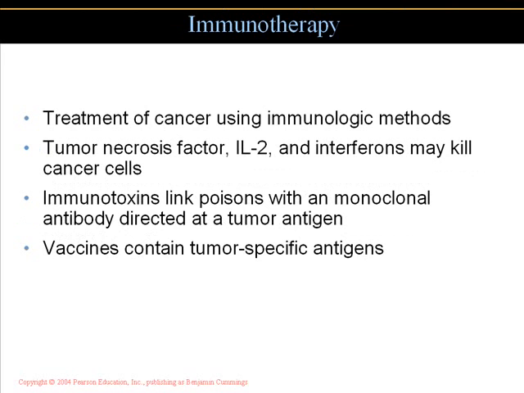Immunotoxins link poisons with monoclonal antibodies that are directed at the tumor antigen. Vaccines may be used to contain tumor-specific